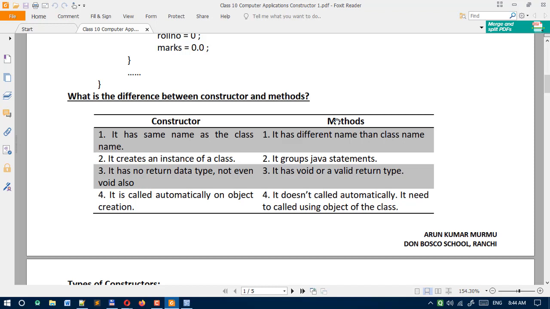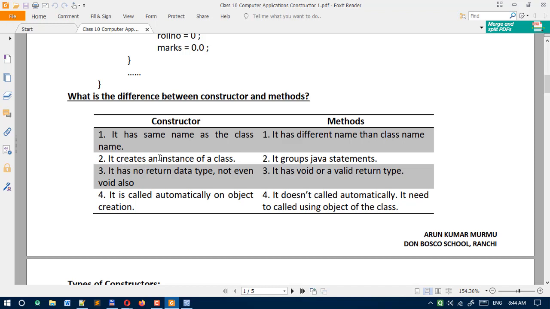First point, a constructor has the same name as the class name, but a method has a different name than the class name. For methods, the class name and the method name are different, but for the constructor, the function name and the class name are the same.